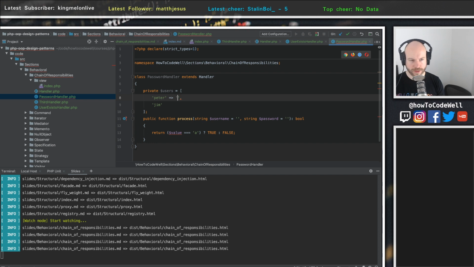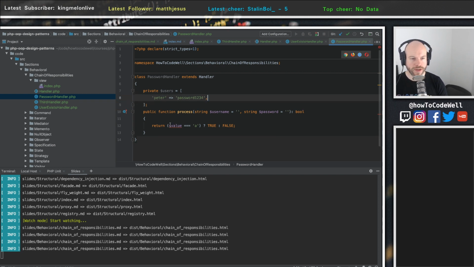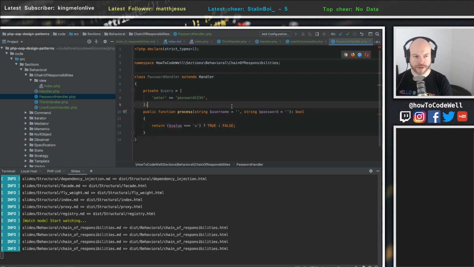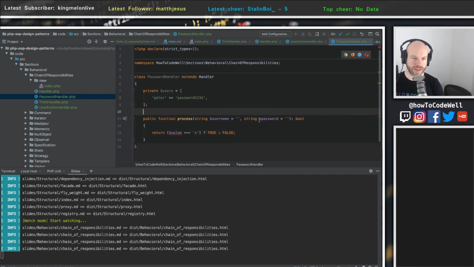So this is going to be password 1, 2, 3, 4. This is going to be something completely else. We'll just kill that. There we go. And then in the process, what we're doing is, because we're passing in the password and we've got the user itself, we can then do